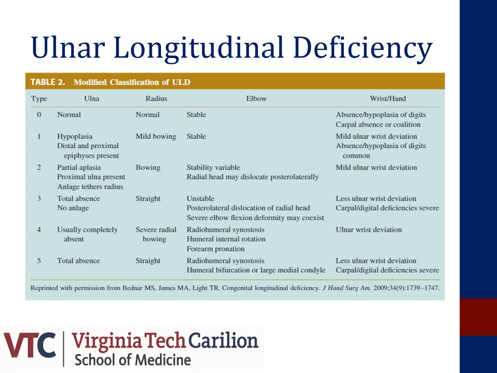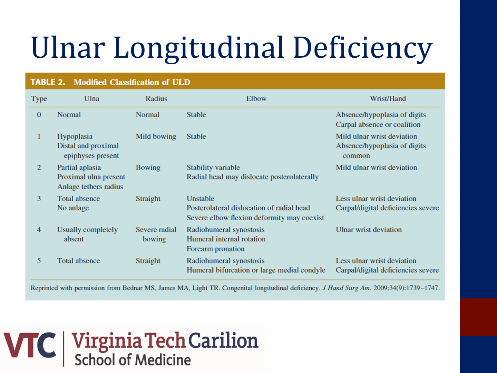Syndactyly releases may also be required, and thumb reconstruction is recommended in some form if hypoplastic thumbs are absent. Many times patients with ulnar longitudinal deficiency actually adapt quite well despite their deformities, and while one bone forearm is an option to improve stability, it comes at the cost of forearm rotation, which may be an unacceptable trade-off for